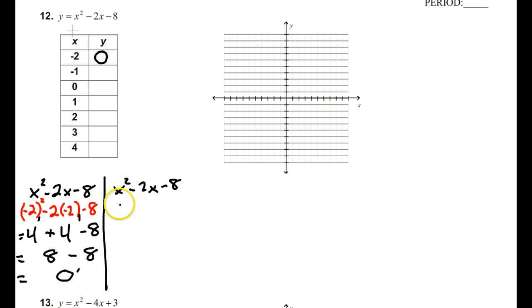So plug in negative 1. Bring down the negative 8. Negative 2 times negative 1 is positive 2. Negative 1 times negative 1 is what? 1. Plus 1 is 3. 3 minus 8 is